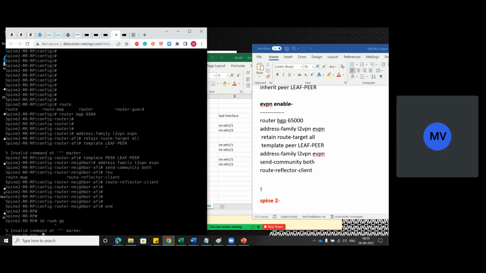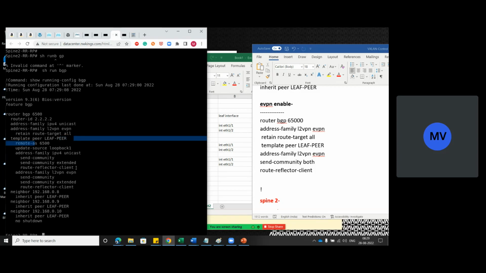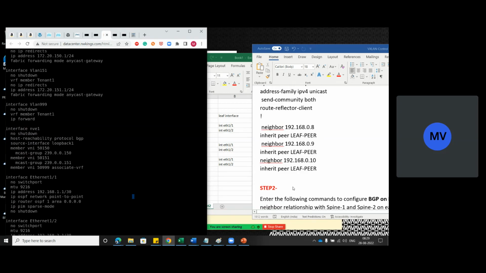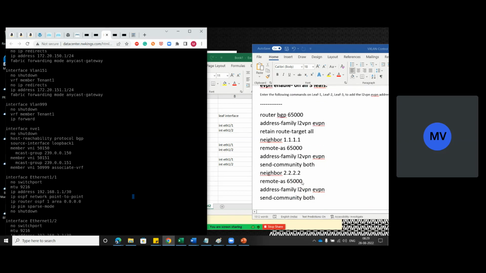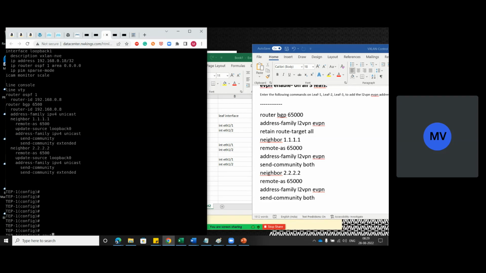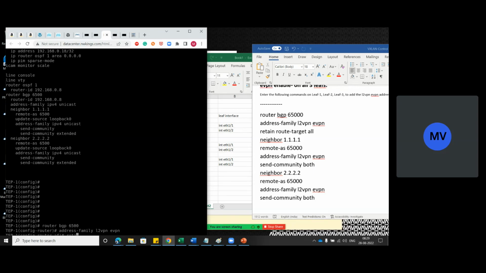So show run BGP. Let's verify whether the configuration is there or not. Under this we have the L2 VPN, send community, route reflector, all the things are in place. Okay, perfect. Let's go to the leaf switches. Now on the leaf switches, we have to send the community for this one. So on the leaf switches, features are already enabled. So if I go to tab 1, router BGP 6500, address family L2 VPN EVPN, retain route target for all, neighbor